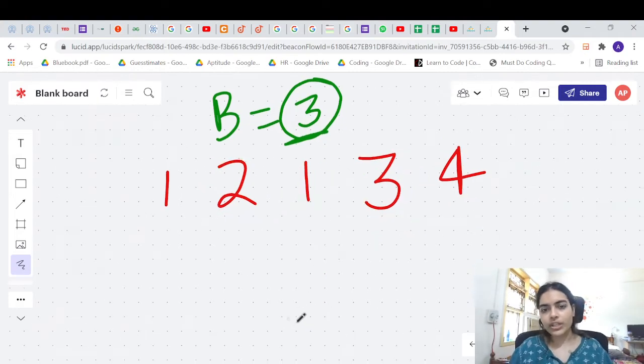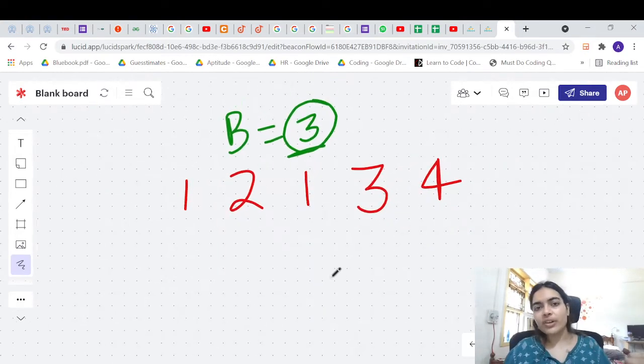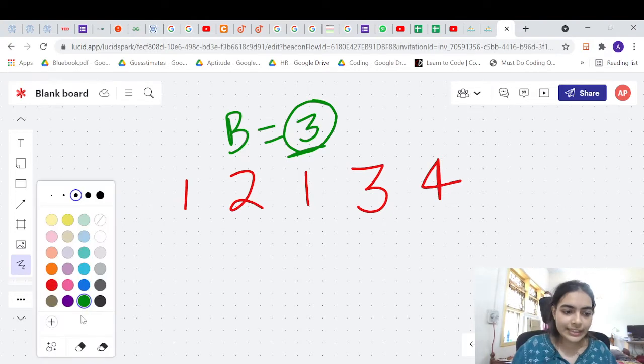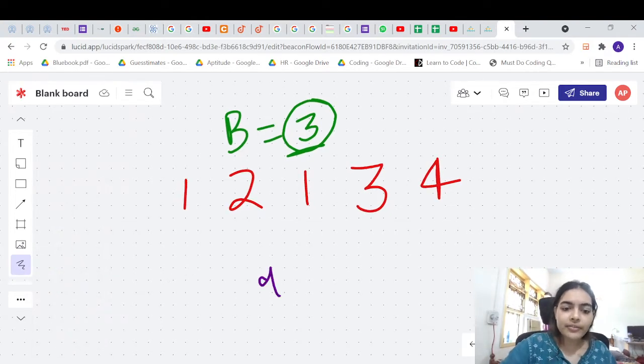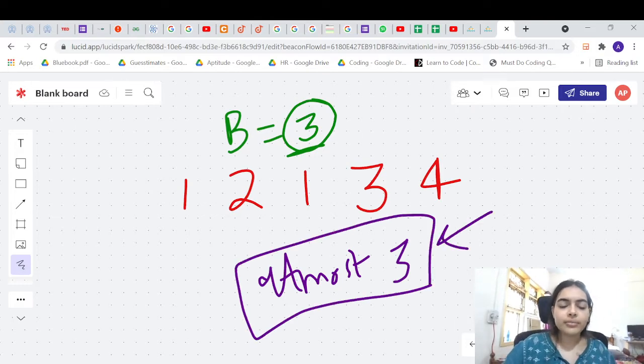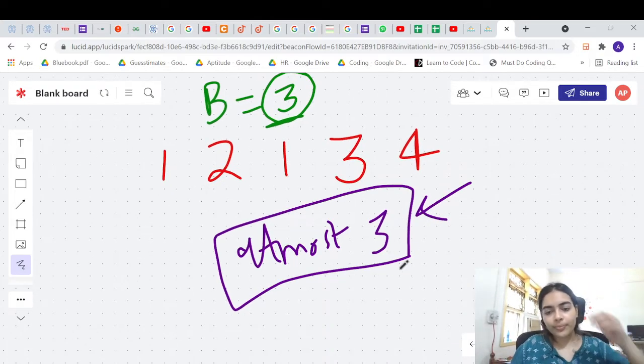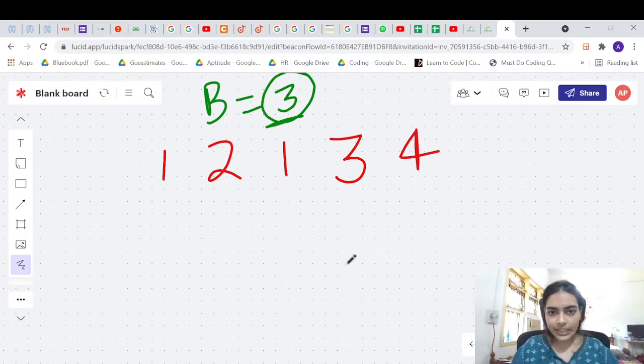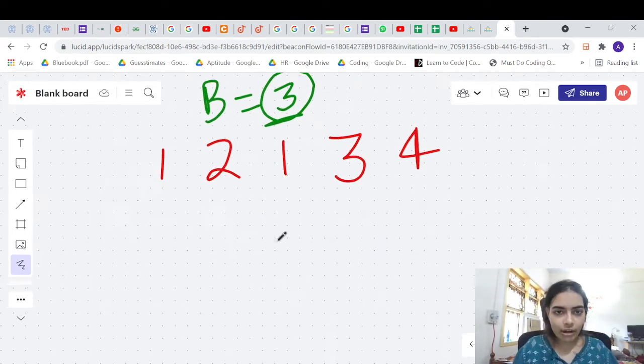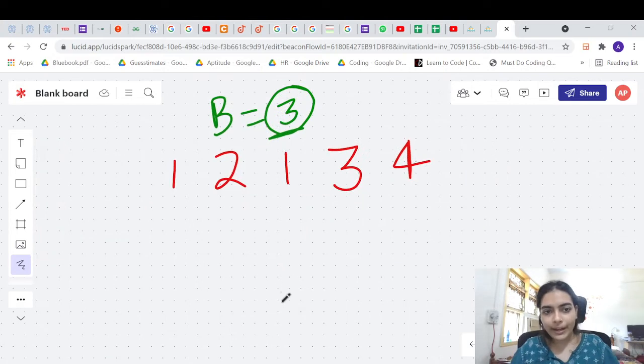So how do we solve this question? This question is an extension of another easier problem, which is to find the subarrays with at most three distinct integers. Solving this type of problem is easier, because when you have to find at most three distinct integers, you can just use the sliding window technique. Let's see how we solve that question, and then we'll come back to this question.